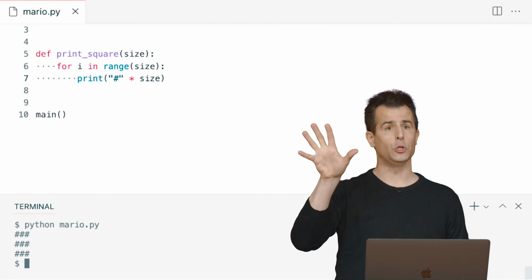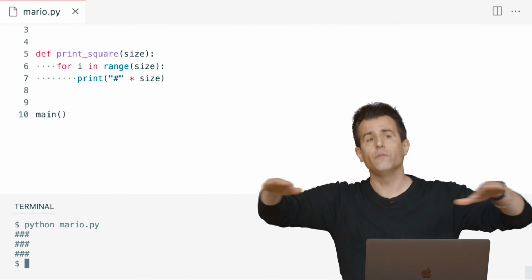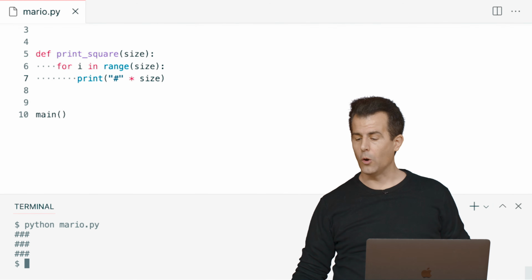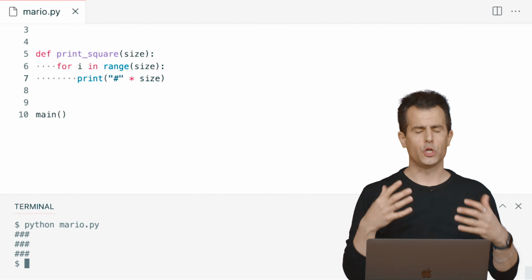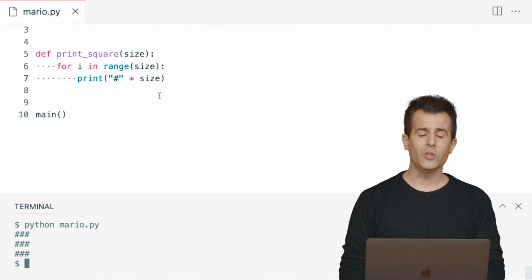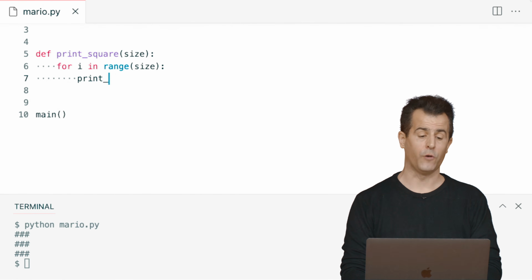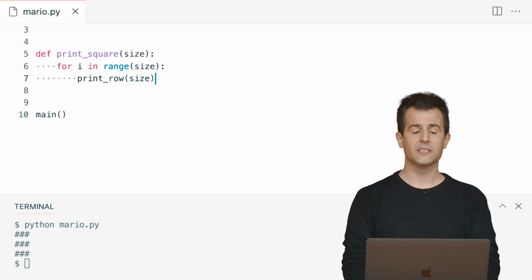It has one explicit loop, and it's still printing out using string multiplication all of the hashes at once on that row. If you like abstraction and you'd like to wrap your mind more around what the code is doing, well, let's do this. If you're not quite clear on what's going on, let's propose that you implement a function called print_row, passing in size.